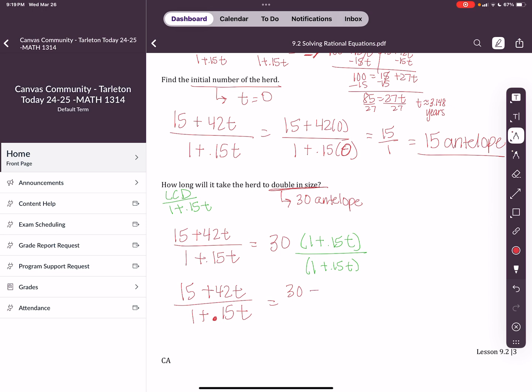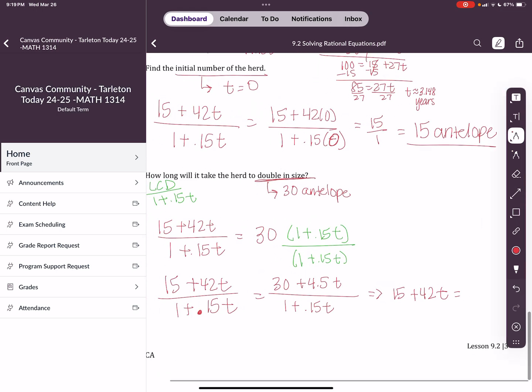Yep, sorry, 4.5. Okay, so 4.5t, and it's all over 1 plus 0.15t. Okay, and so the last thing that I need to do here, ignore those denominators. They're the same. They don't matter anymore. We have common denominators. So now I'm just going to make this 15 plus 42t